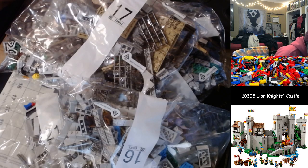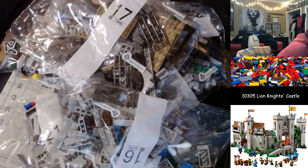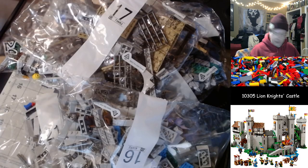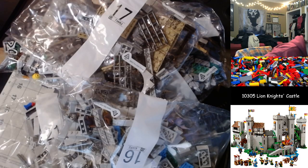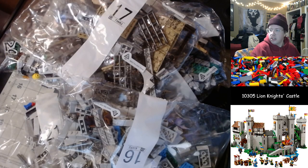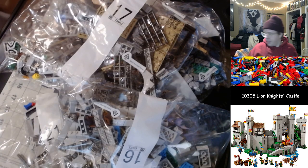That's bag number 8. So we have 8, 9, 10, 11, 12, 4. We'll leave 1 through 6 out. I mean, whether or not we get to all of that today, unclear. That's 4, 7, 8, 13. Okay, so